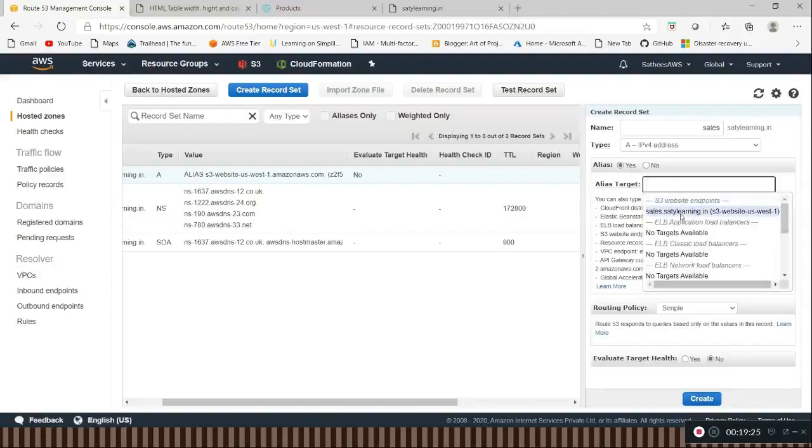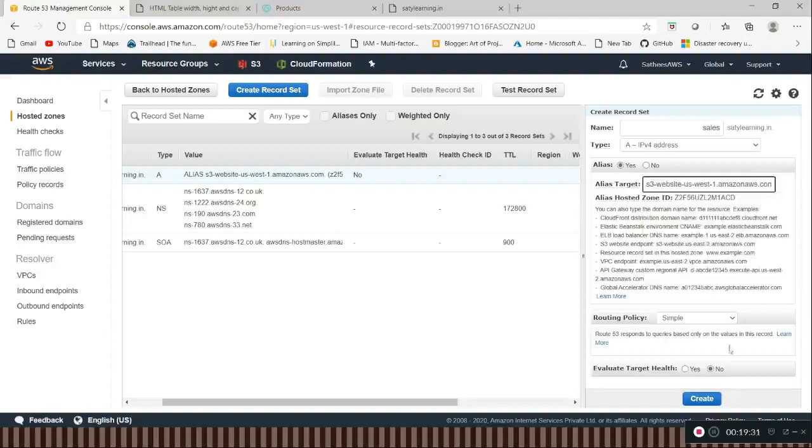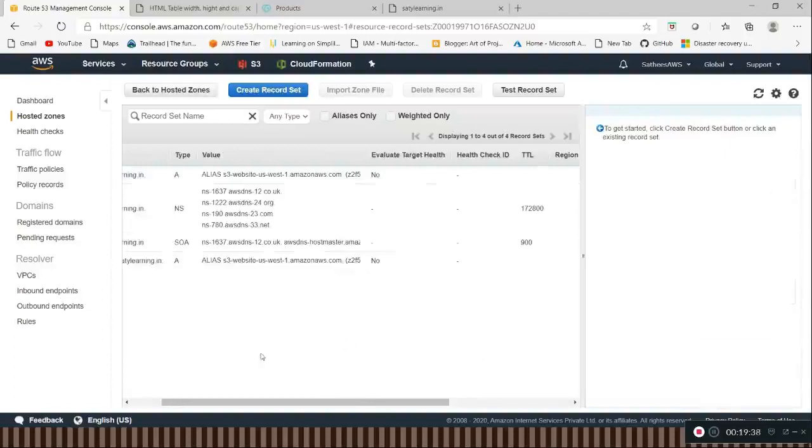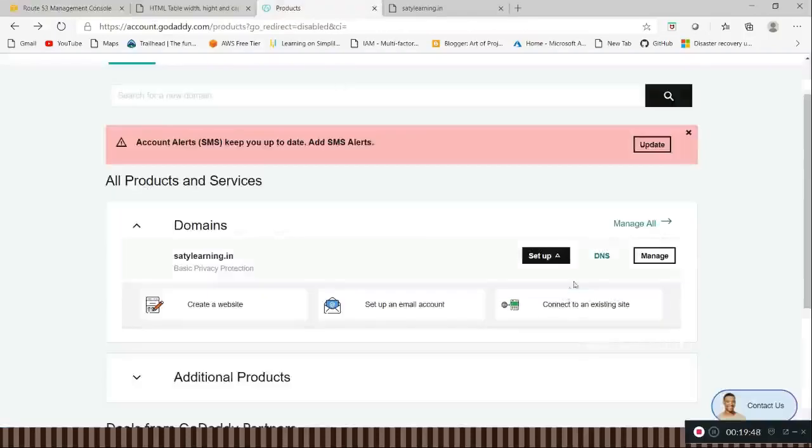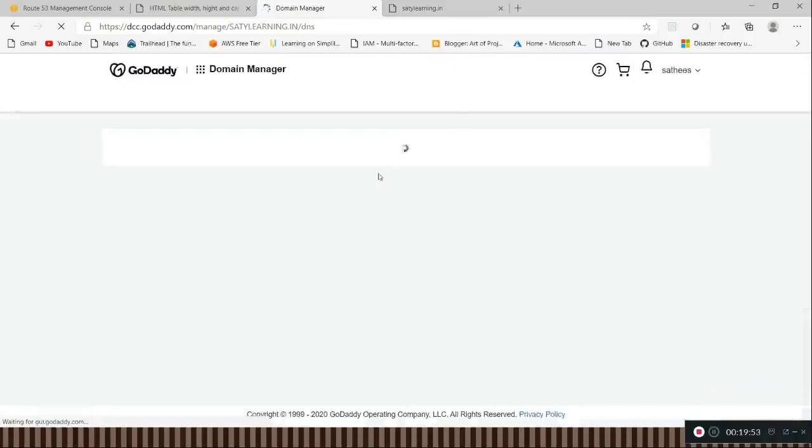See here, we are getting the subdomain which we registered in the S3 bucket. So simple. Target health, no, I am clicking the save button. So now our subdomain is also there in our Route 53. We need not change anything in GoDaddy.